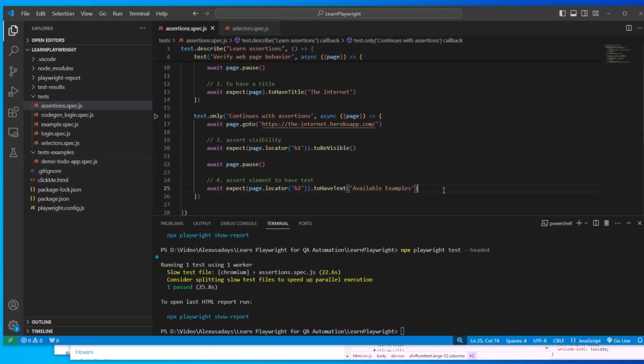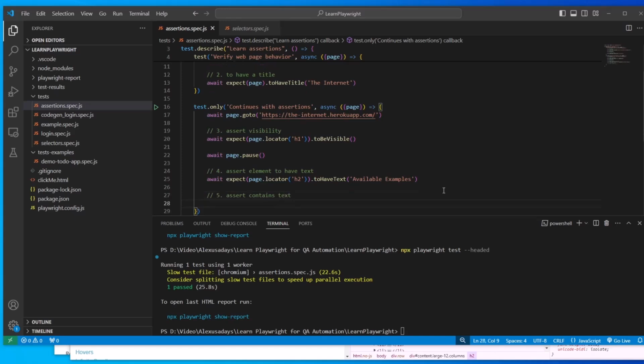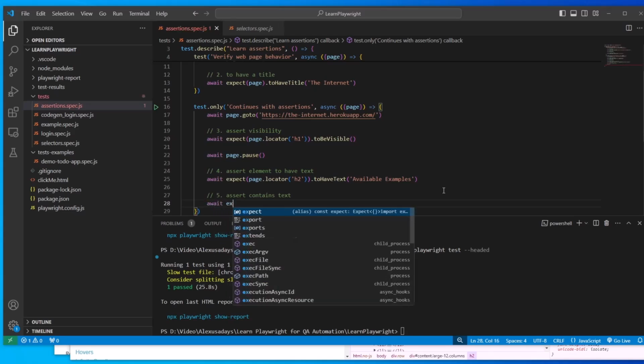So next one, let's do an assertion that it actually contains certain text. So assert contains text. So it doesn't have to be the whole thing, just partially. We can say partially it has what we need. So await expect,